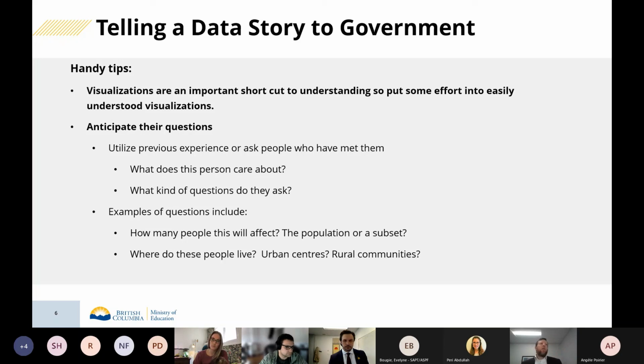The second piece here, just as I mentioned before, is that anticipating questions is super important in talking to people in government about policy. Before you get there, think about who you're going to see. Think about what you're sending them. Think about what kind of role they have. What do they care about? If it's possible to know, what kind of questions